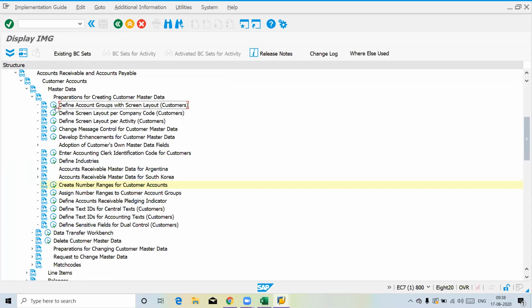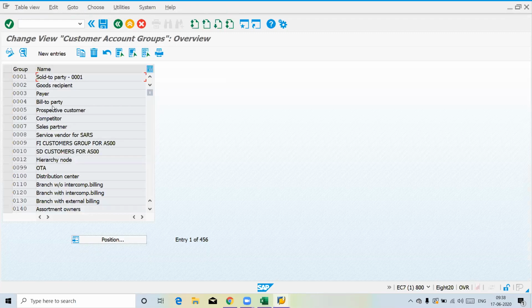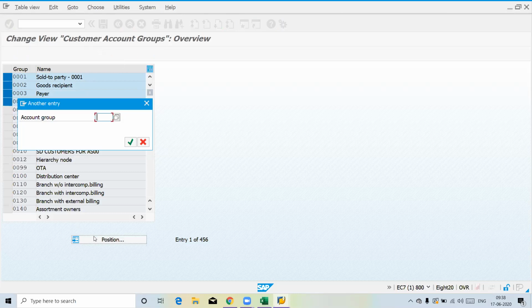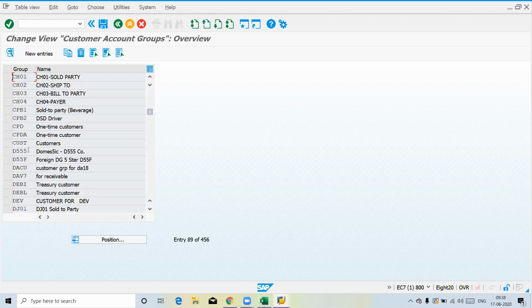Then we do a customer account, right? Define account groups, we just selected and we have to copy. This is the button where we copied yesterday with existing ones. So we copy from existing, or you can create your own ones.